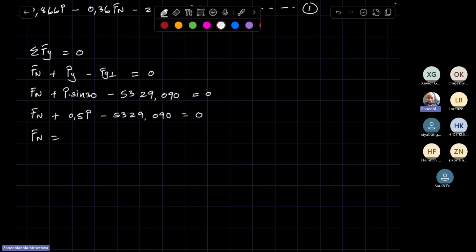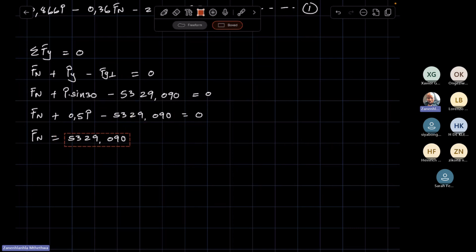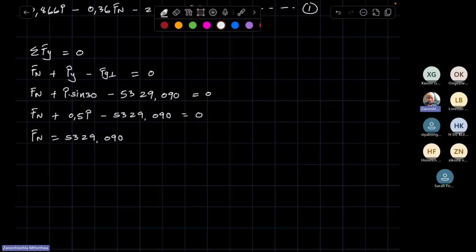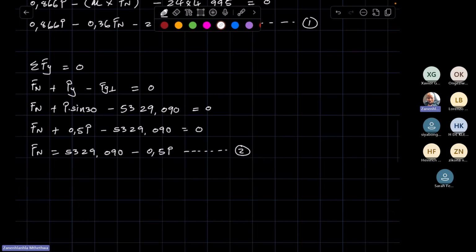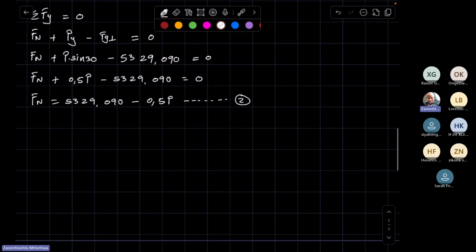So here you will have positive 5329,090, and then the 0.5 P becomes negative 0.5 P, and then we take this as our second equation. Right, we have two unknowns, now we have two equations, so they can be solved simultaneously. Right, at this point you can simply say